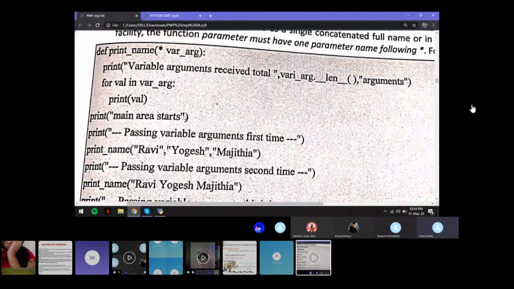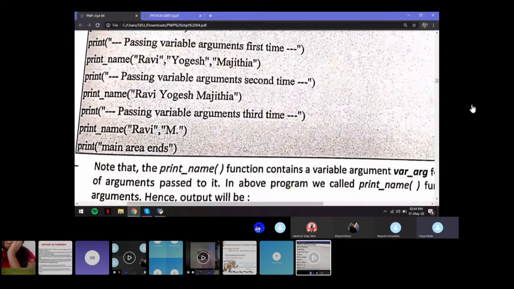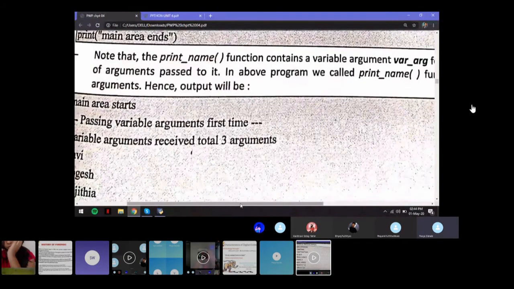Now starting with the main code, you're calling the function print_name. You're passing three values: Ravi, Yogesh, and Majita, whatever that is. So you're passing these three names into your function. Now let's go to the output and see what happens.